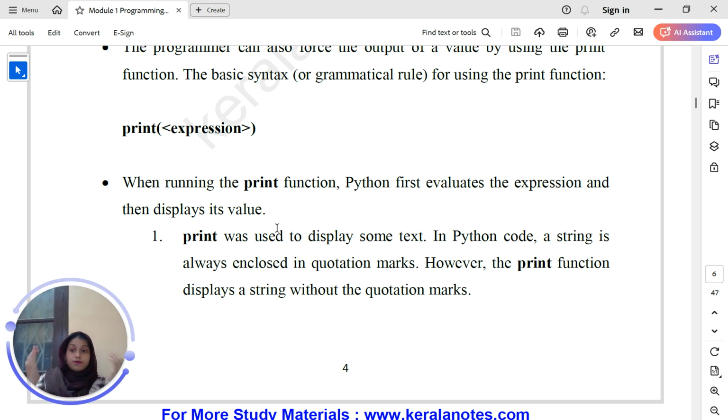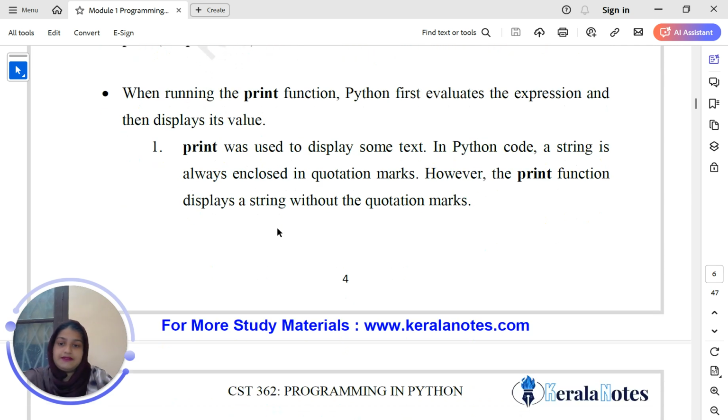So when we want to print a string, we write print, and inside the parentheses we put double quotes, and inside the double quotes we give the sentence, like hey there or hello world. When the output is displayed, the quotation marks will not be shown, just the string.